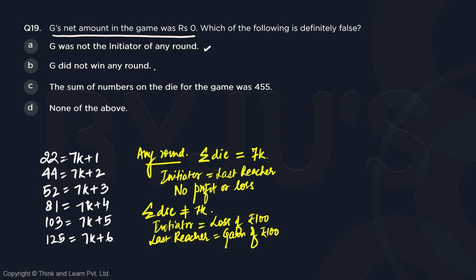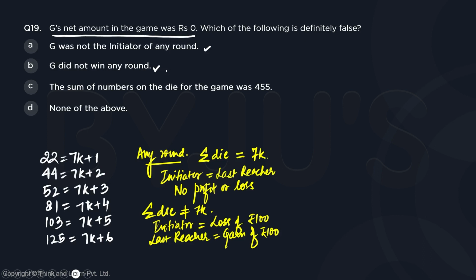Next, G did not win any round. This is again going to be most probably true. If G is the initiator as well as the last reacher, so he does win a round. Okay, this is true actually. This is not like maybe true. This is definitely true. Because if G had won some round or any of the rounds, he will definitely get more than ₹0, right? So G did not win any round is more like he either